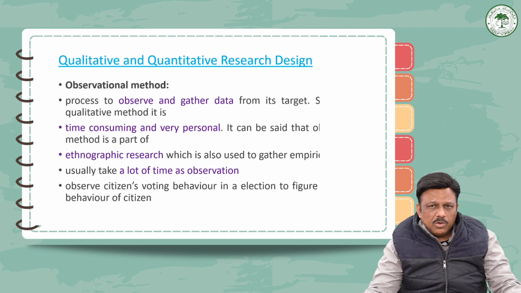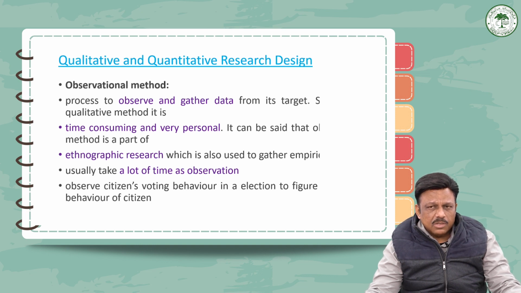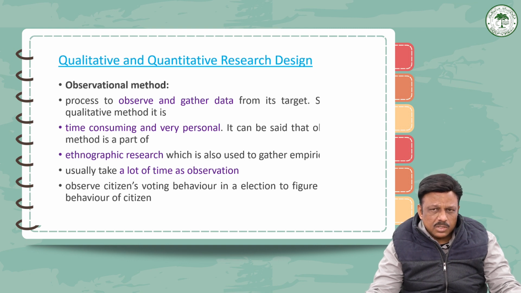Then, if we talk about another method, we find it is used in both cases, qualitative and quantitative: the observational method. Now, the observational method is a process to observe and gather data from its target. Since it's a qualitative method, it is time consuming and very personal. The same observation method is also applied in quantitative research as well. So it generally involves a lot of time. So it can be said that the observational method is a part of